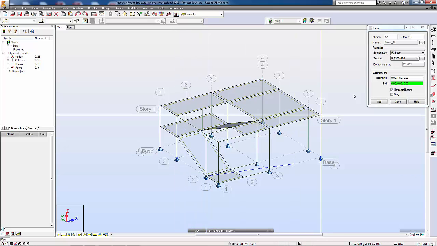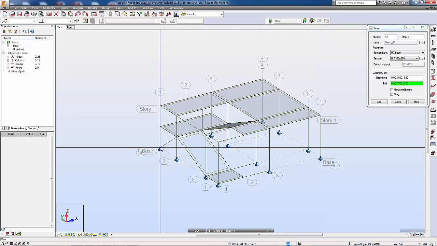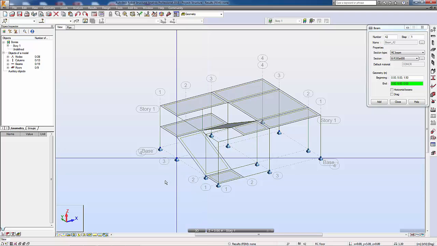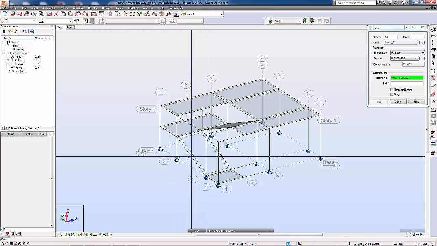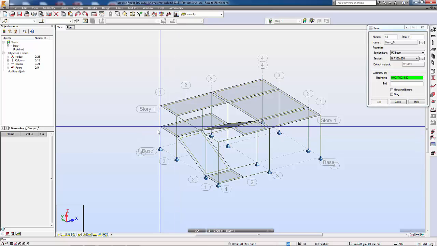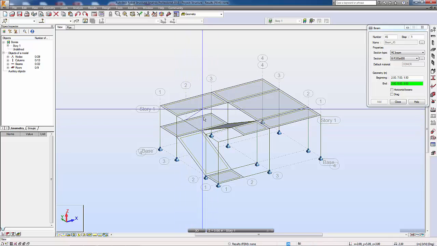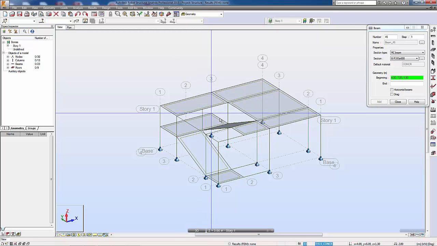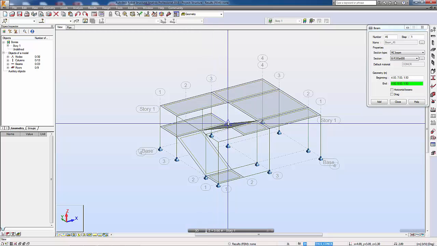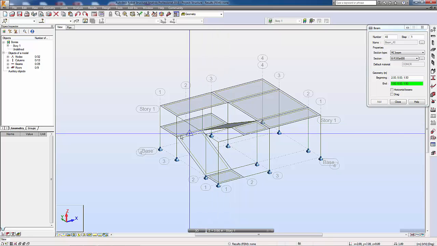beam from here, but make sure horizontal beam is unticked. So you create here, another beam here. Okay, and then one beam from here to here, and then one here to here, and then one here to here, and one here to here, one here to here, and one here